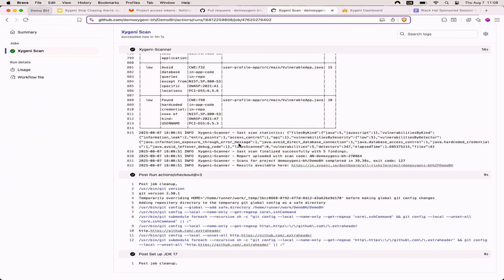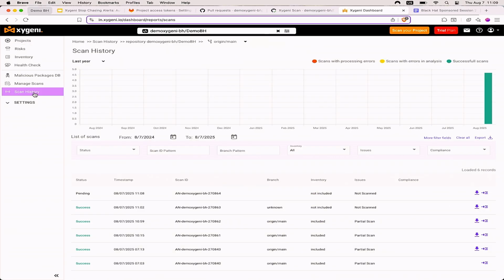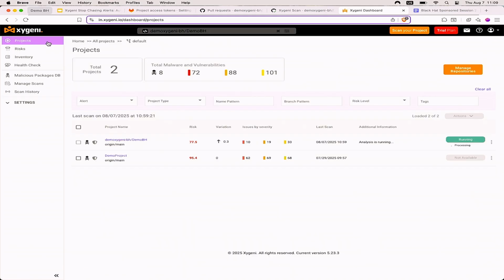Okay, finished. We receive the report we are processing. We come from increasing the risk in the project. We should see now how we are decreasing the risks in the same project, in the application.